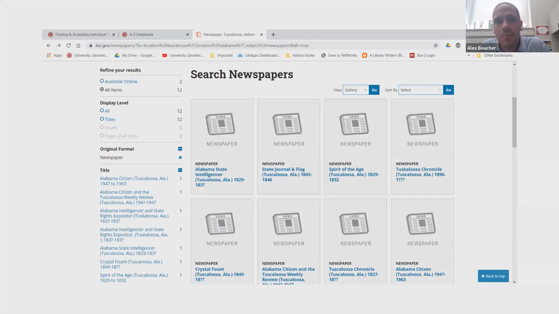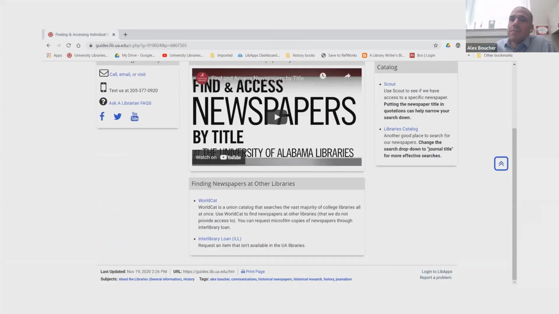You'll see another example if you click on one of the links, just to give you a sense of what's out there. So if you're trying to find what is available for a certain area, I would probably start with Google and go from there. But then how do you access them? If they haven't been digitized, if they're not in a database, if you can't find them that way, how do you go about finding and accessing it?